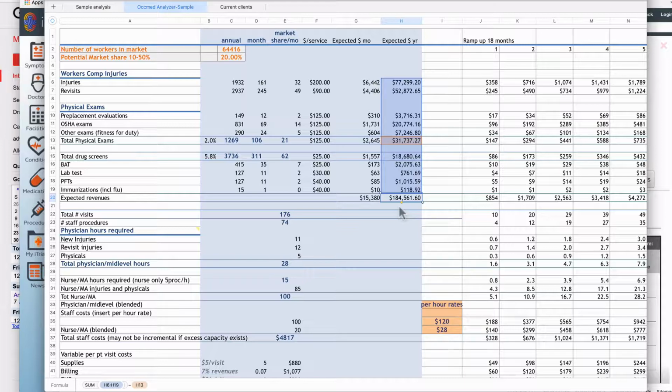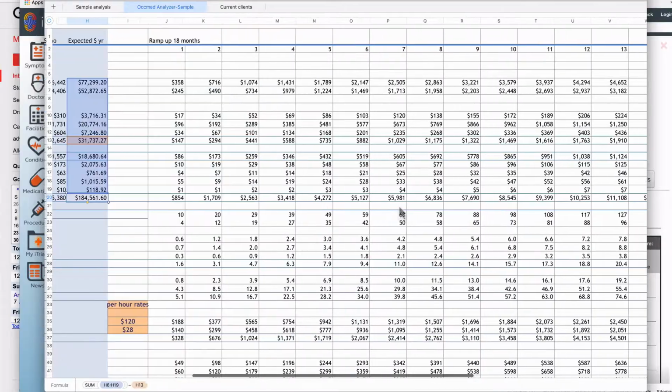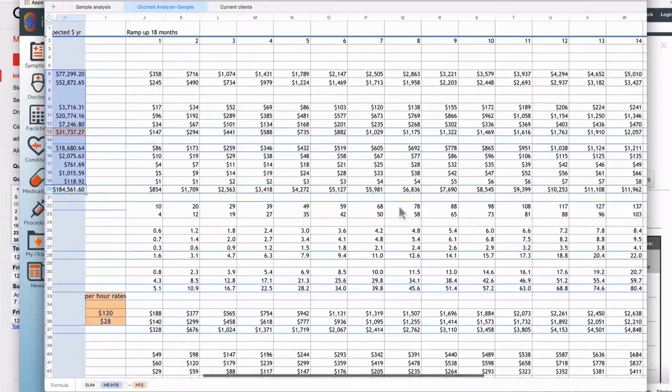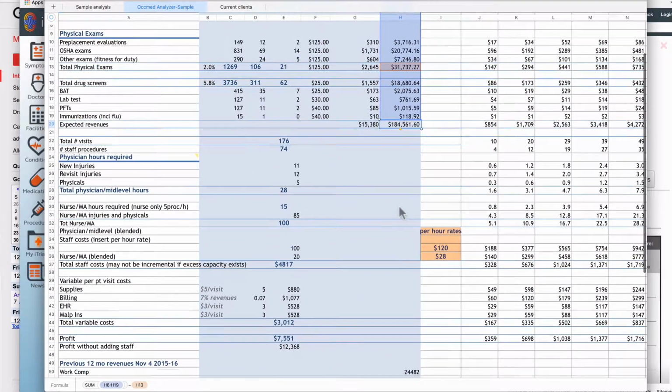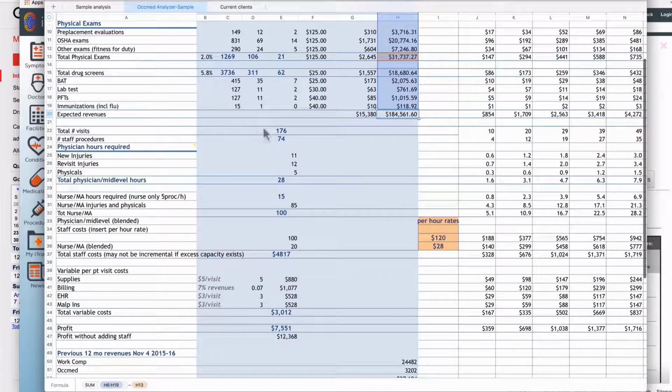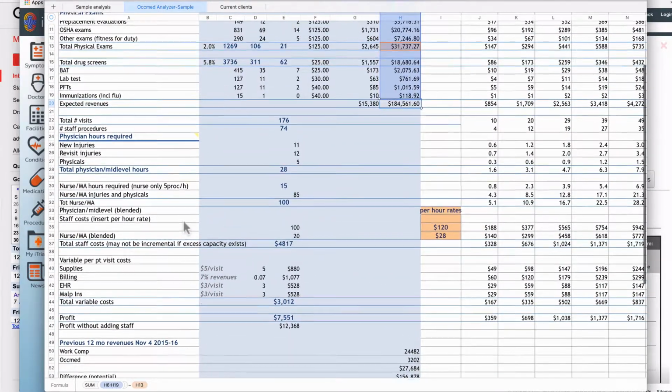So if you had a brand new program, you were already in this market, and you wanted to know, well, what's my potential? What could I get? That's the number you're looking at for this number of competition and that population of employees. Okay, and then there's a lot more here. We look at what would it take to ramp that up over an 18-month period if you were out marketing these services. That's what all this is. We're not going to go into that right now. And we even go down here and determine what your staffing needs to be for that. So we have what the physician hours would be required to see this volume of patients. What are the mid-level hours? How do you break that up? What are the nursing and MA type hours that are needed? So we break all that down